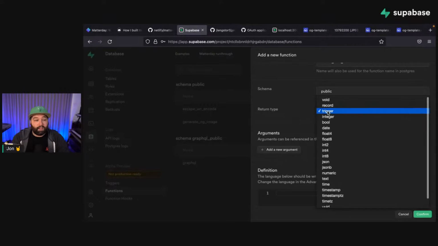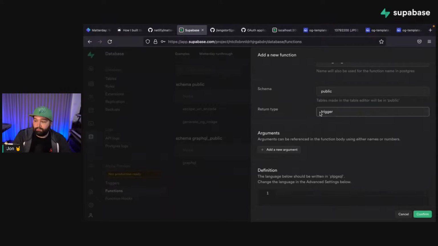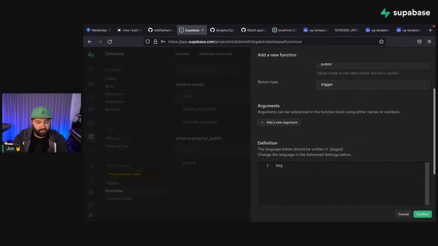But yeah, anyway, we need to return a trigger if we're going to call this Postgres function from a trigger. So we don't need any arguments. Right here we can say begin, end, and then in this trigger function,